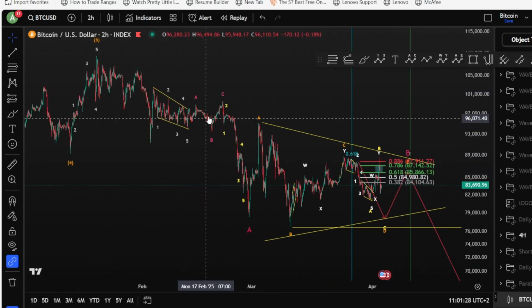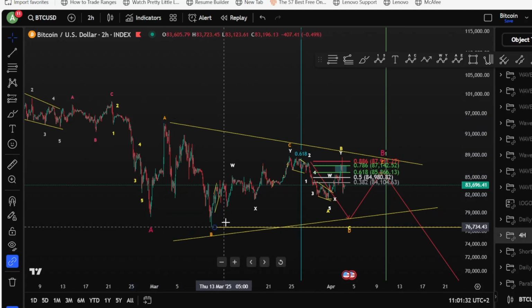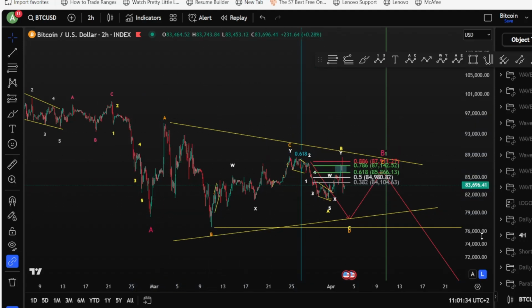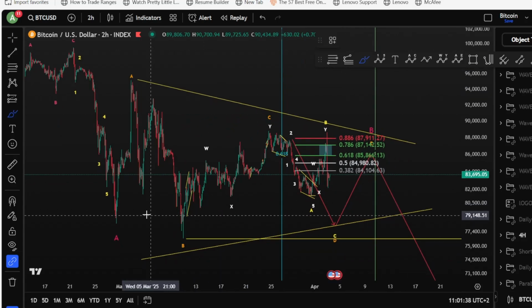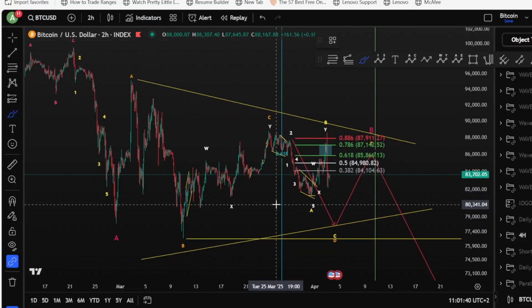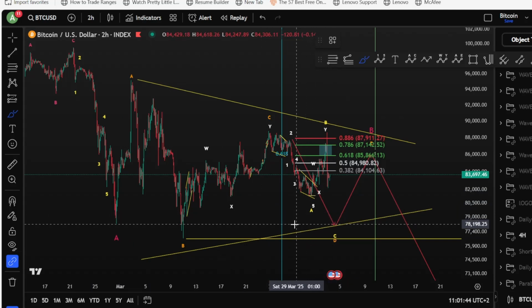And of course, after 3 waves toward the downside finishing wave A, we have a running triangle A, B, C, D, and E. And of course, you're still looking for a wave C toward the downside. Now, of course, this triangle can be finished, or it can still be unfolding or expanding.